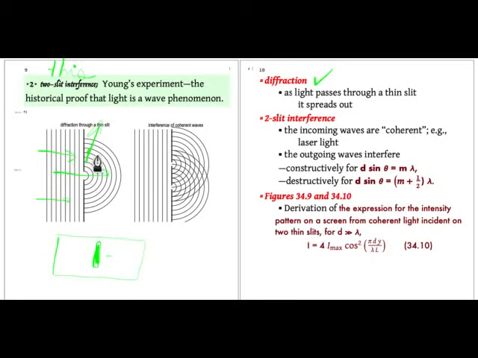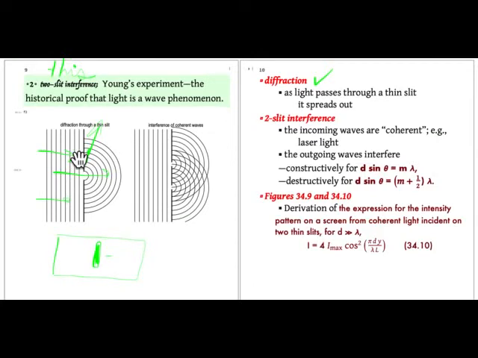But anyway, for now, we'll just say as parallel rays, which is to say coherent planes, pass through an opening, they spread out. And the opening is like a source, a little point-like source. It's kind of like